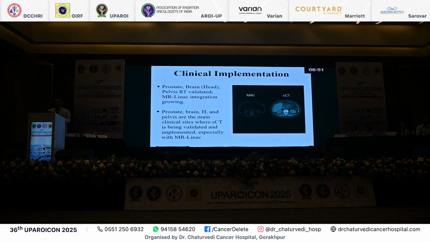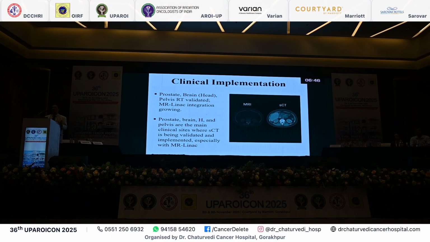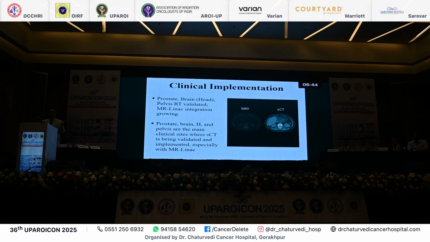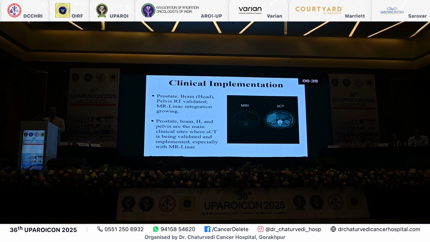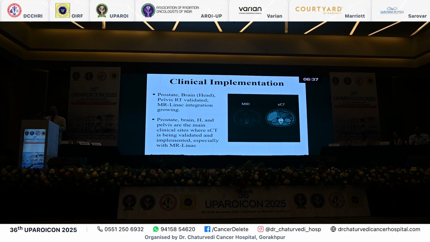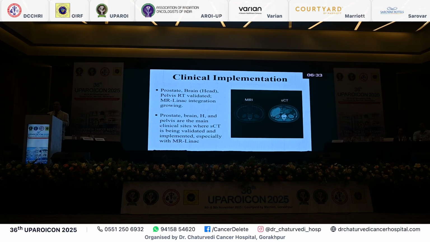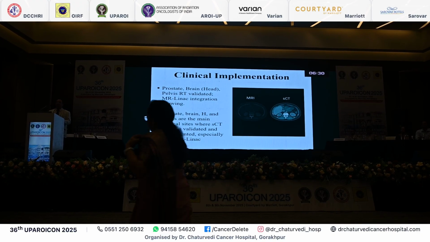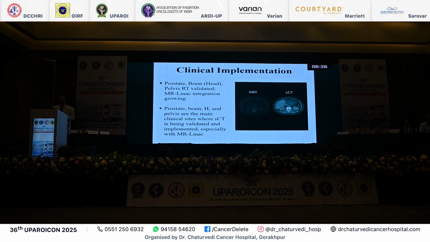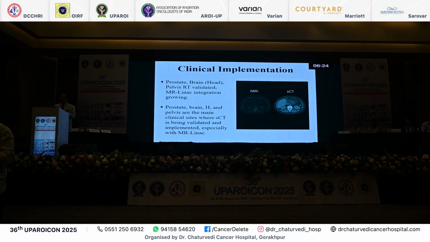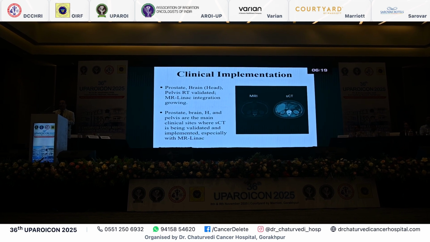So at present, in prostate, in brain, in pelvis, all these MRCAT software which convert MRI to synthetic CT are FDA approved and validated. But still, in neck and for some other vendors, the spine, they are still not FDA approved. They are still a work in progress or only limited to research. But they are selling it, so with that, I think that it will be validated, but it is not so.